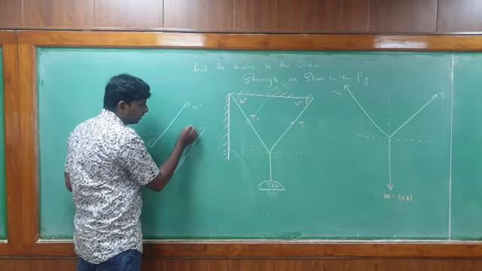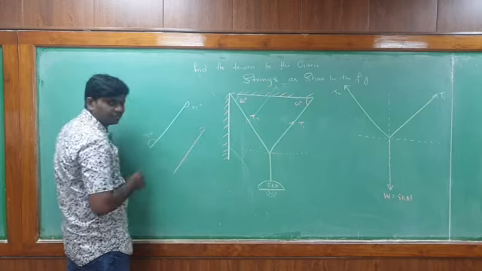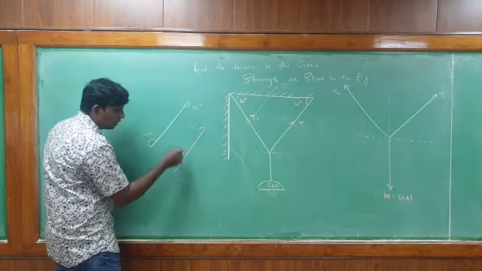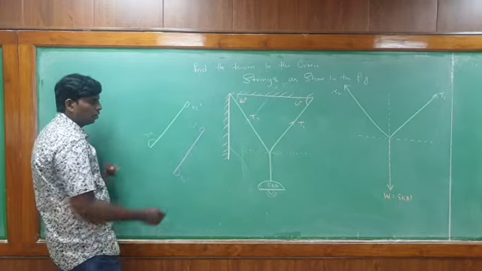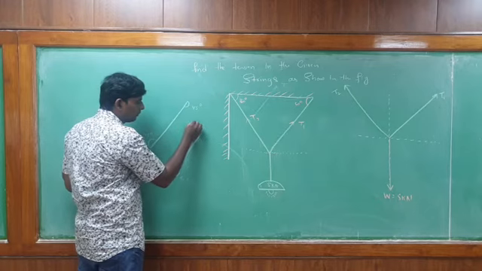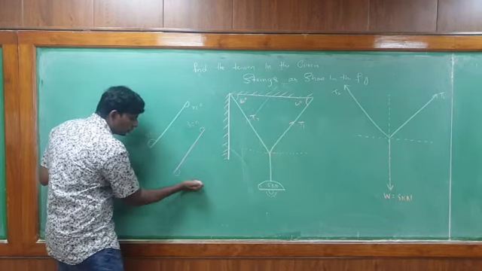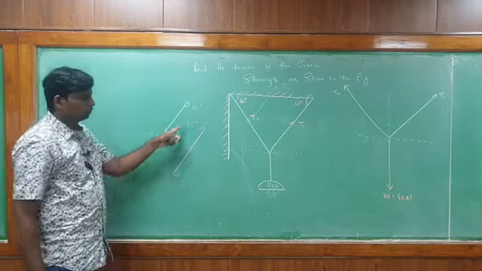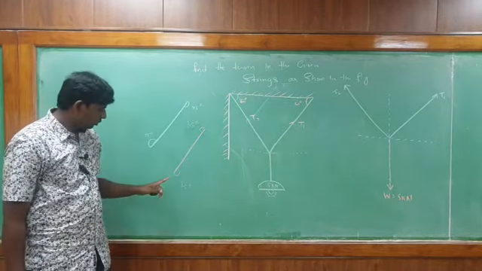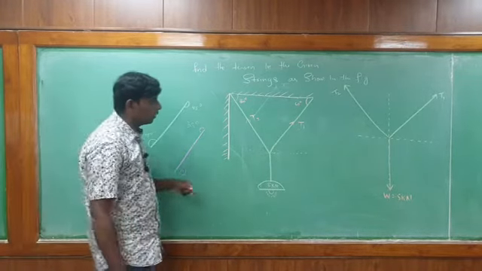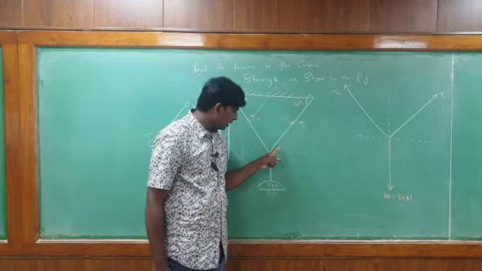Suppose here this side angle is equal to how much? 60 degree. So opposite angle is equal to how much you have to take? 60 degree. Opposite angles are always equal. Suppose if I take here 35 degree. So this side also how much it will be? 35 degree. If this side is 35, so this side is also how much? 45 degree.